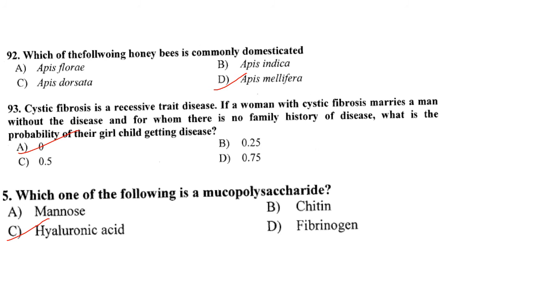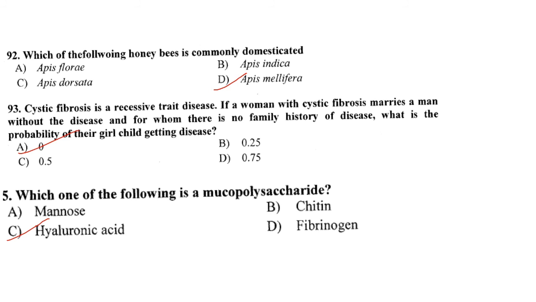Then, which of the following honey bee is commonly domesticated? It is Apis mellifera that is commonly domesticated. Then next one. Cystic fibrosis is a recessive trait disease. If a woman with cystic fibrosis marries a man without the disease and for whom there is no family history of disease, what is the probability of their girl child getting the disease? Now, cystic fibrosis is a recessive disease, so it will be inherited only to a person with